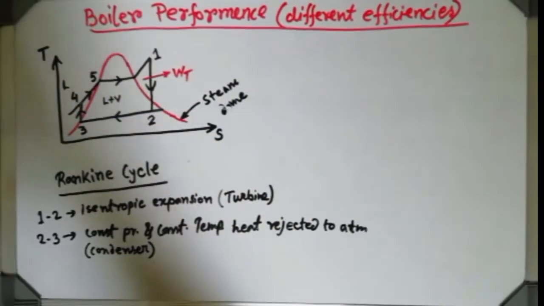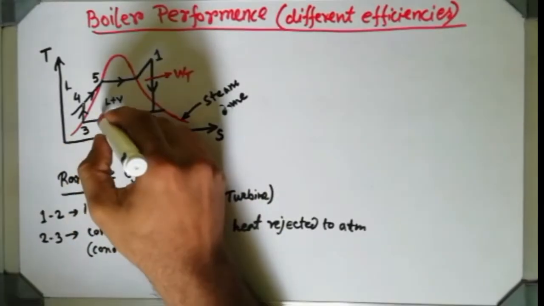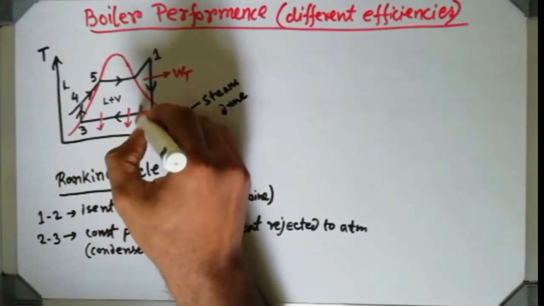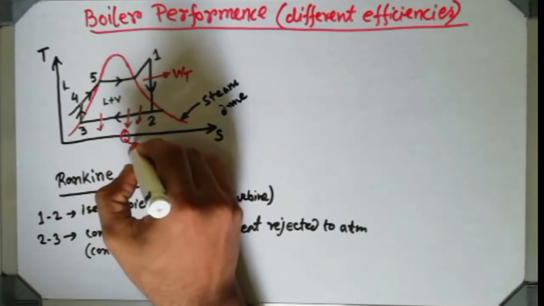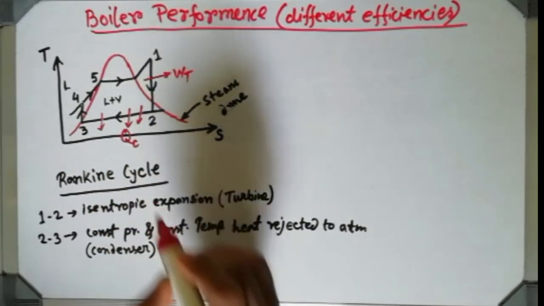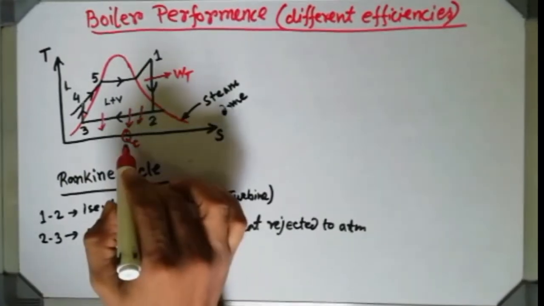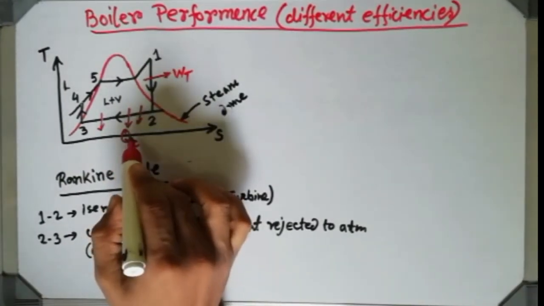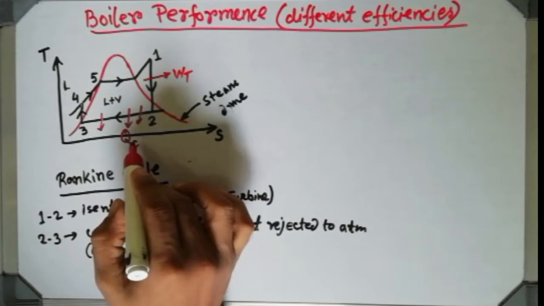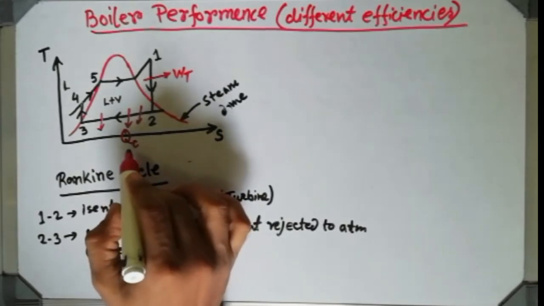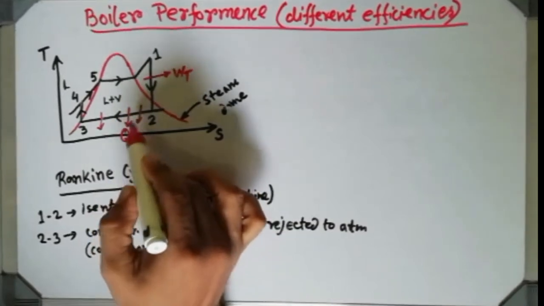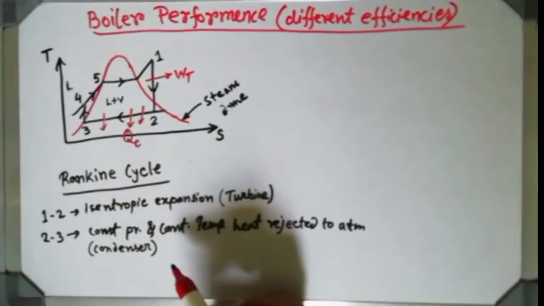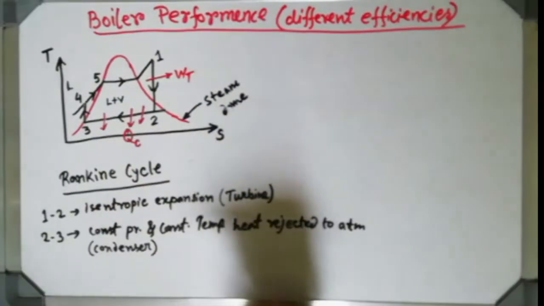Okay, so here I can put the same kind of arrow, an outward arrow, and I am writing here QC. Q stands for amount of heat, and C stands for the condenser. Okay, so that's why I am writing over here QC, and the outward arrow indicates the heat is rejected out of this cycle and it is rejected to the atmosphere. That is the sink.